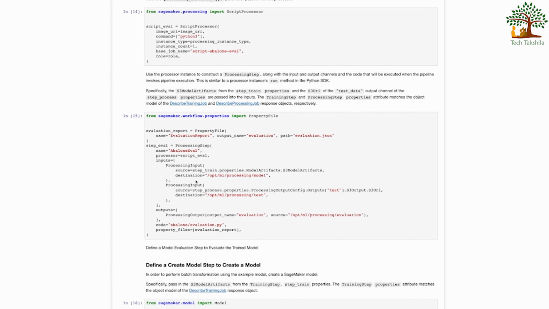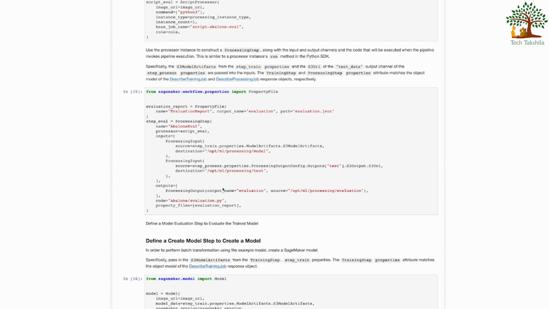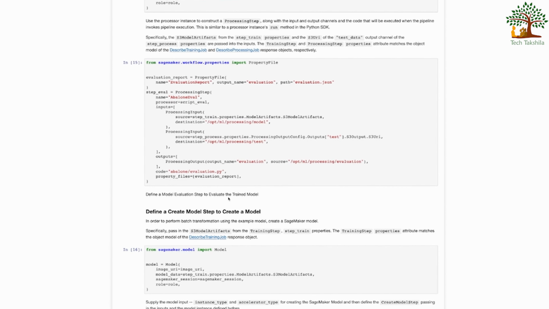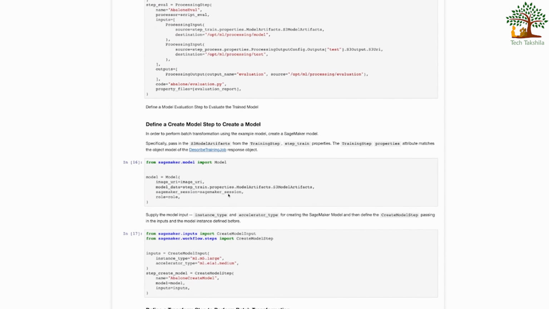Now this brings us to the last section of the video, which is the ML model deployment. In this phase of the ML workflow, we will see how we transform our trained model into a SageMaker deployable model. This model is used for batch transformation on a new data set. Also, how we register this model to take on the actual production traffic and give out the inferences or predictions.